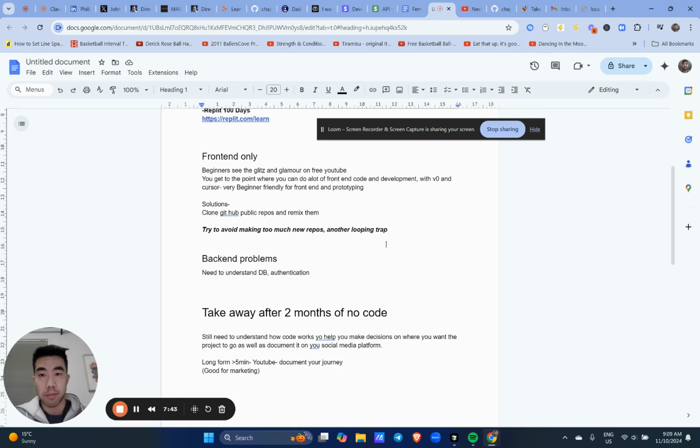So my current problem is back-end problems and understanding how back-end code works. If I can understand how a database works and how to do authentication properly, I'll be one happy chappy, because they don't do that on YouTube. They just tell you the easy part, but the back end, if I can really understand that and document my journey and teach you guys how to do it super easily, I'll be very happy. If I figure this out before Christmas,